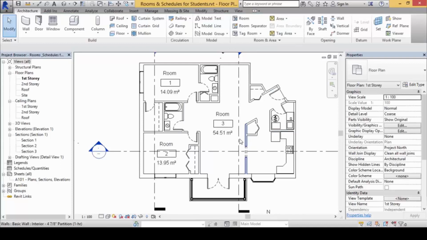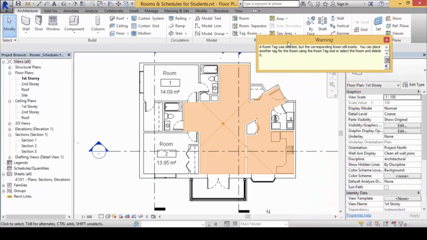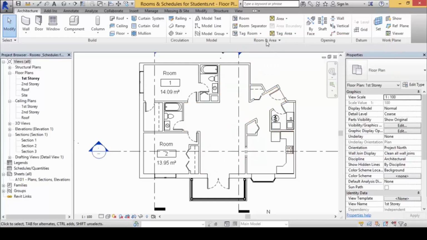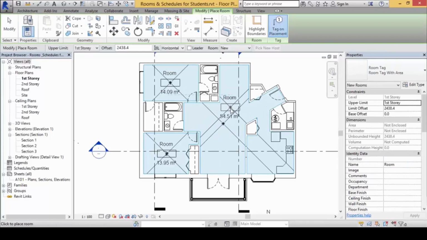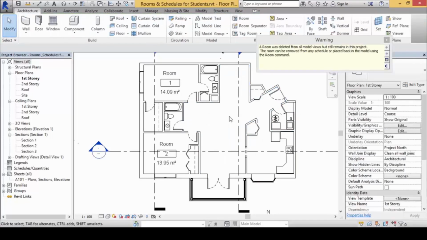Okay? So what we will do is, if you make a mistake, select this and erase it. Then you will see an error warning. Please read it. It says here, a room tag was deleted, but the corresponding room still exists. You can place another tag for the room using the room tag tool, or select the room and delete it. This means there's no more tag, but the area definition, the boundary definition, remains here. It's still there. That means if I plonk something here, it will form a duplicate. So you must always select this area again and erase it